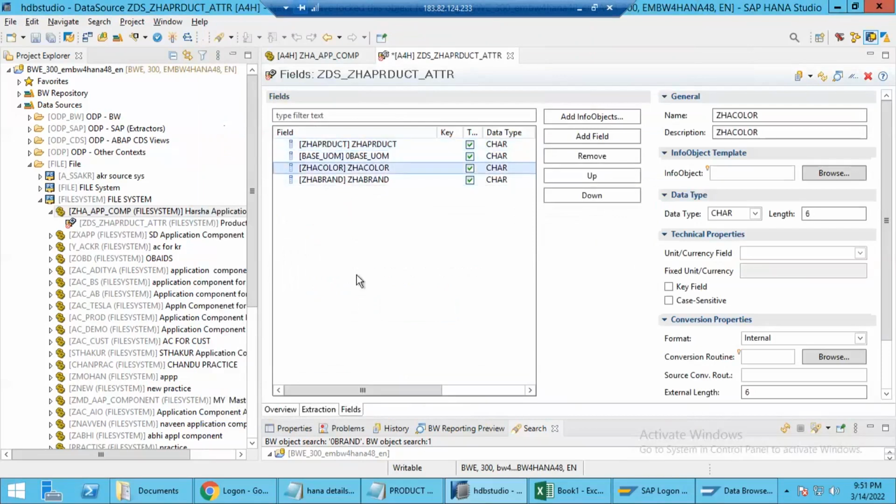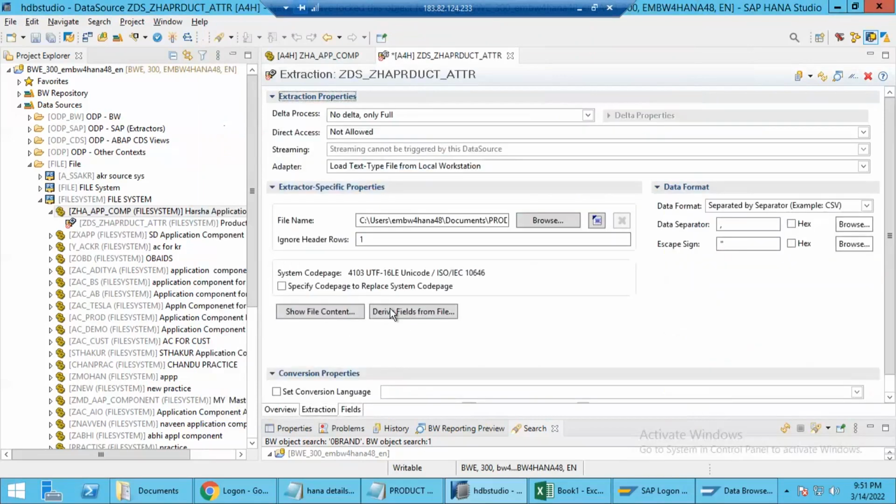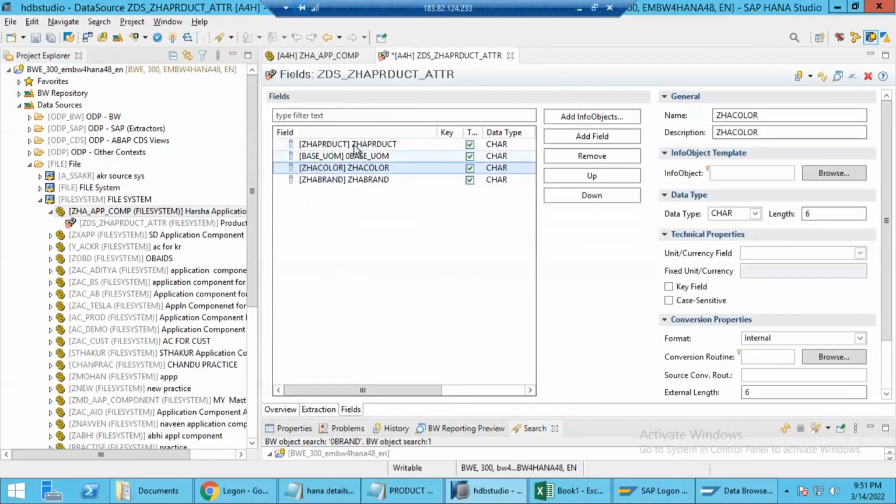You see, product, base unit, color. Earlier we didn't have fields information here, but whenever I click on this derive fields from file, it reads our file, separates each column based upon the comma separator, and from the first column it derives the field name. Because the first row is the header row, it derives field information from the first row. Okay, so if I click on product,